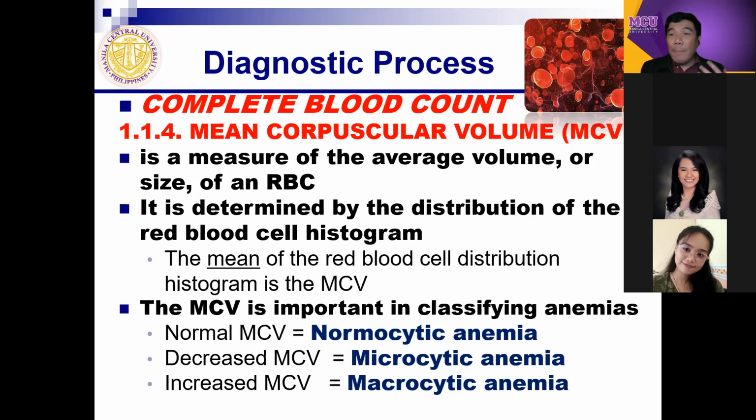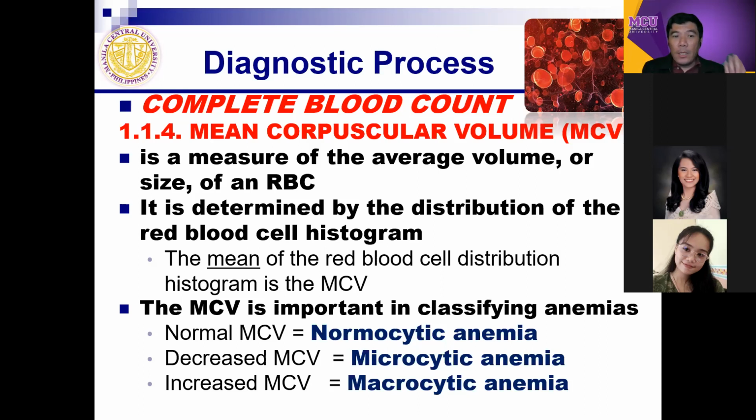Usually, MCV, or mean corpuscular volume, is determined by the distribution of the red blood cell histogram. If we say histogram, this is usually the number of cells that are sufficient when it comes to the capacity of carrying oxygen. The smaller the size of RBC, the lesser the chances of carrying the oxygen to tissues and